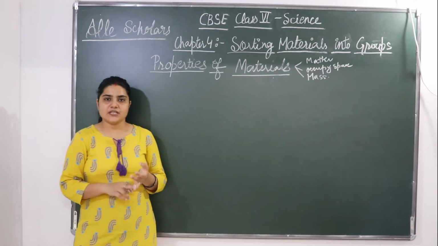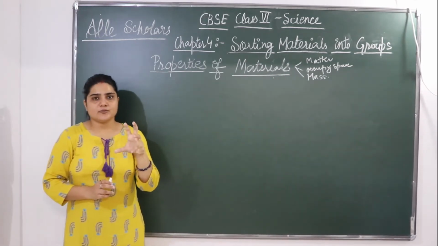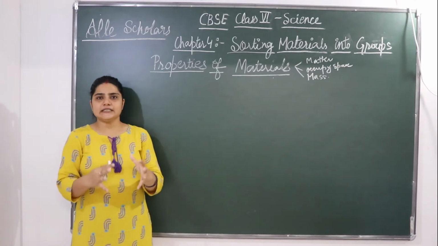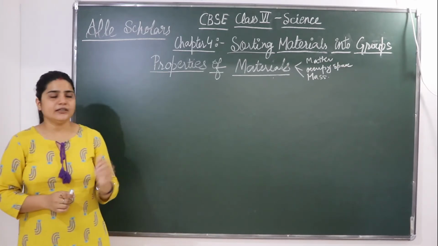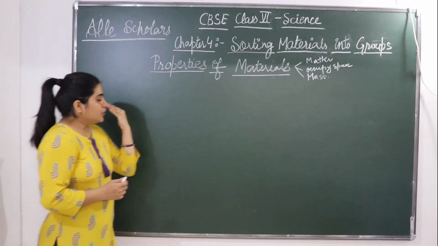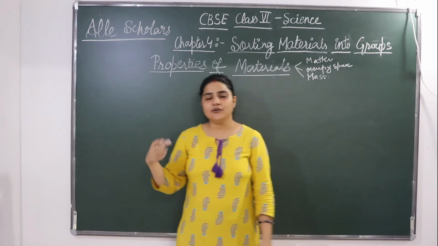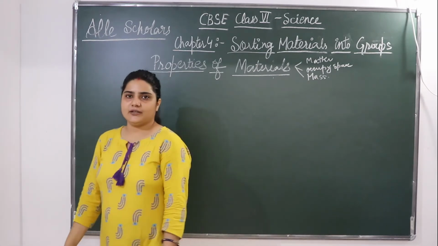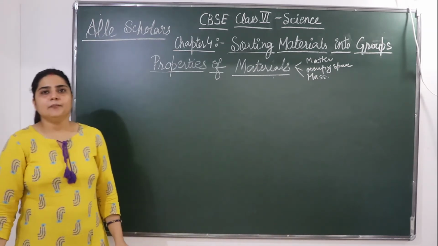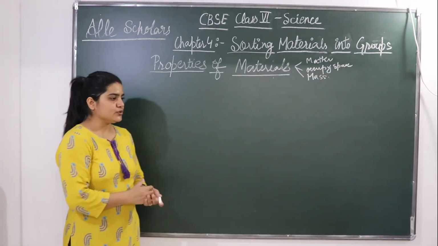Okay, you must have seen that a tumbler is either made up of glass or it is made up of some metal, means it is made up of some hard material. It is not made up of cloth. Why is that? So we generally use tumbler for what? We use tumbler for keeping liquid items. It can be either milk, or tea, or any other liquid we use.